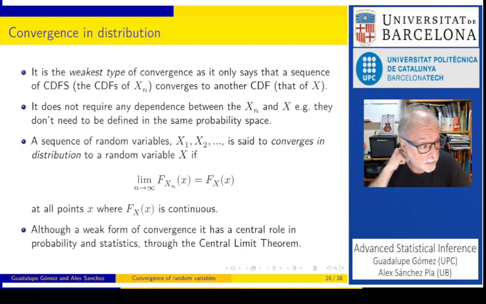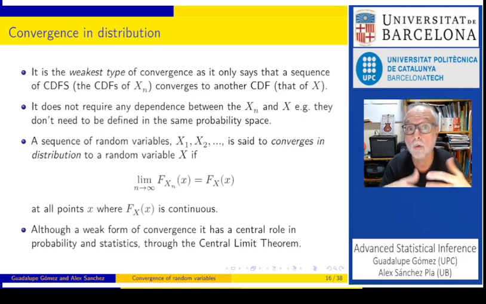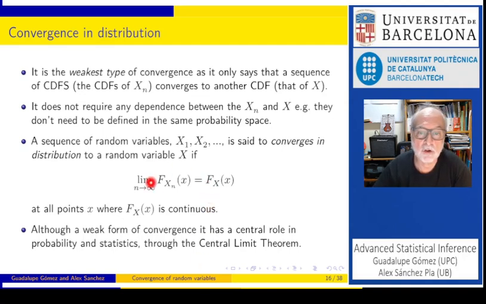Okay, so now let us talk of the weakest way of convergence, which is convergence in distribution. Why is it called the weakest way? Because we are not requiring here that a sequence of random variables converges to a given random variable, only that the sequence of associated distribution functions converges to a given distribution function. Although it is a weaker, less compelling requirement, it is very useful to know that the distribution has a certain limiting distribution.